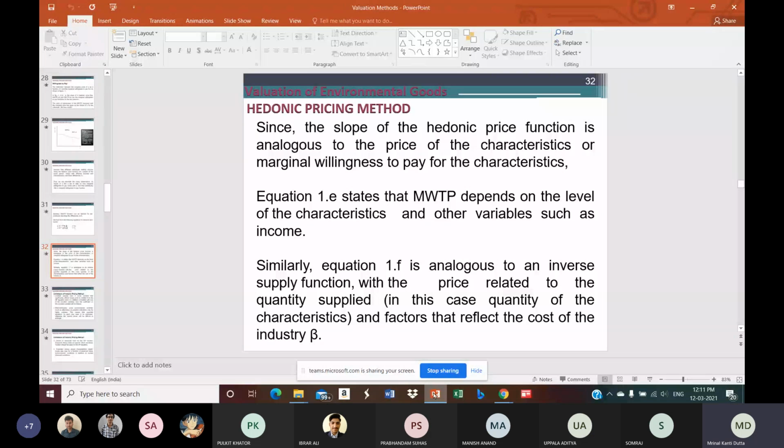Another thing is that we talk about the information, and information in many cases is not readily available. But in the case of property markets, the housing market for example, the records might be relatively easier to get. So official statistics might be available. Of course, we know in some of the places we find that there are government values of the properties.